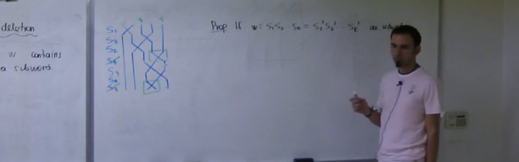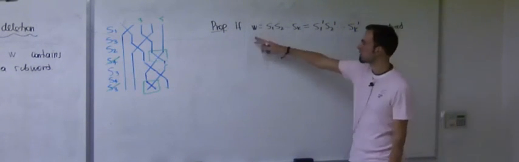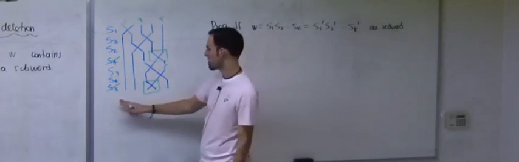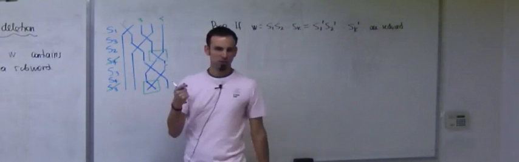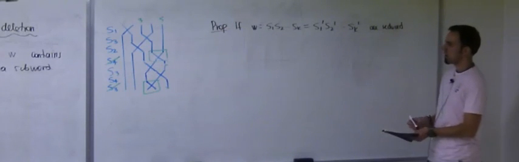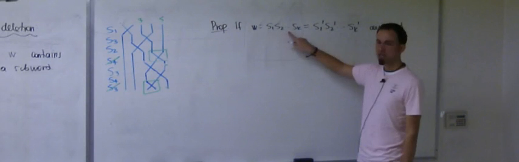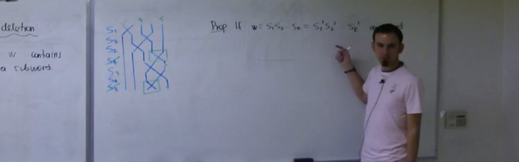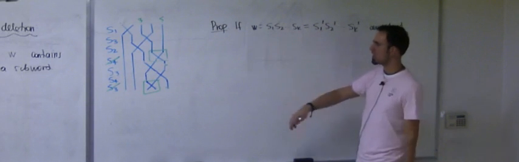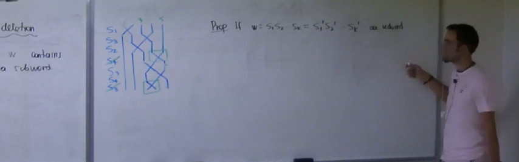Okay. We know that you can have different reduced words for the same element. For example, in this symmetric group, we know that ABA is equal to BAB whenever A and B are consecutive generators. So you might imagine that this is ABA and this is BAB, for example. Or it could be a more complicated element and you just have two different expressions for it that are both reduced. Okay? The consequence of this